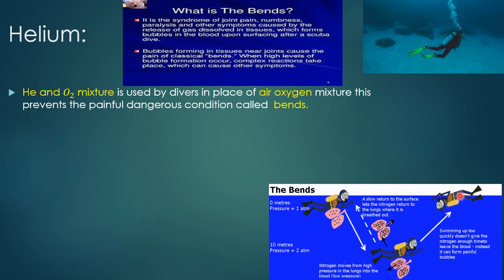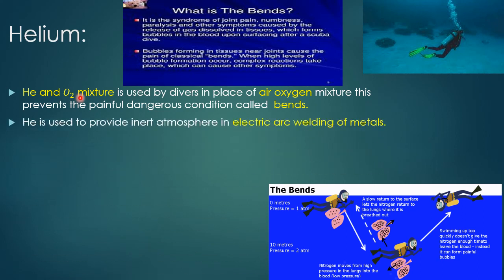When they come up quickly to the surface, the nitrogen gas which came into our tissues has to be sent out, which we do not need. It has to come out, but it may not be able to come out very smoothly. Instead, it can form painful bubbles in the body. But when you come up slowly to the surface, this can be prevented. Because of these issues, they now use a helium and oxygen mixture.